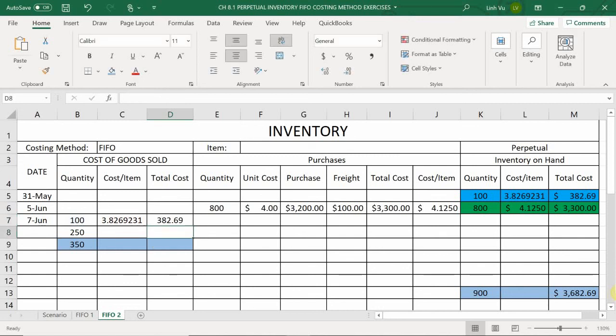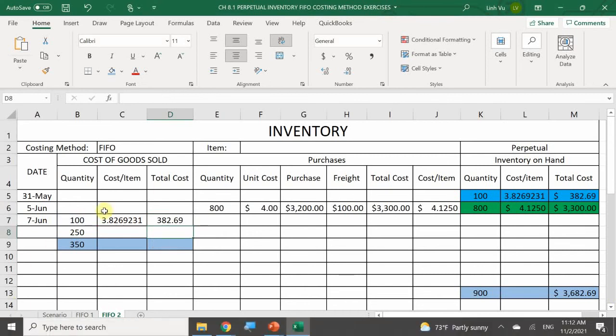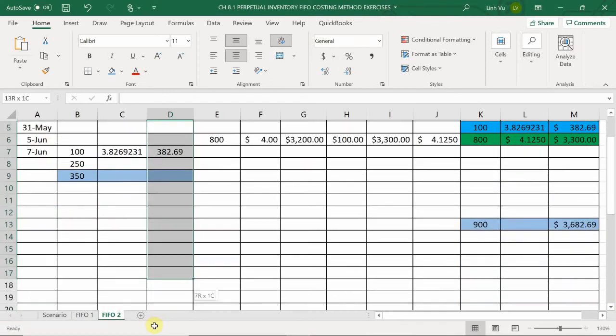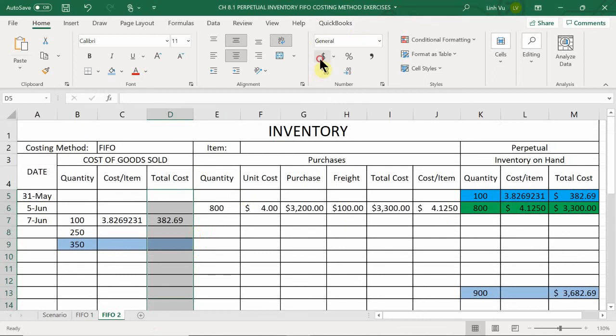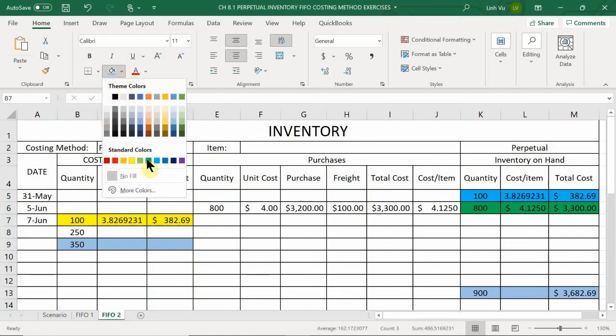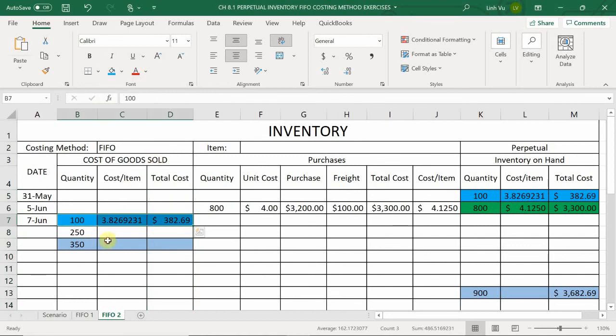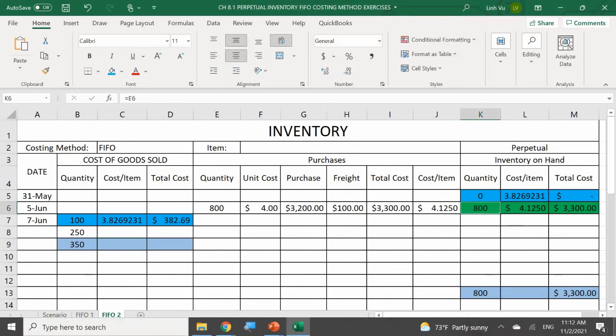And there you go. $382.69. In this case, I'm just going to make a reference that this was for my blue batch, so then I don't have to do it in the middle. Instead of cluttering this section here, I'm going to say this is from my blue batch, and I'm going to go ahead and eliminate it right away from my inventory on hand section. So there you go. I got rid of my blue batch, and now I only have 800 units left remaining